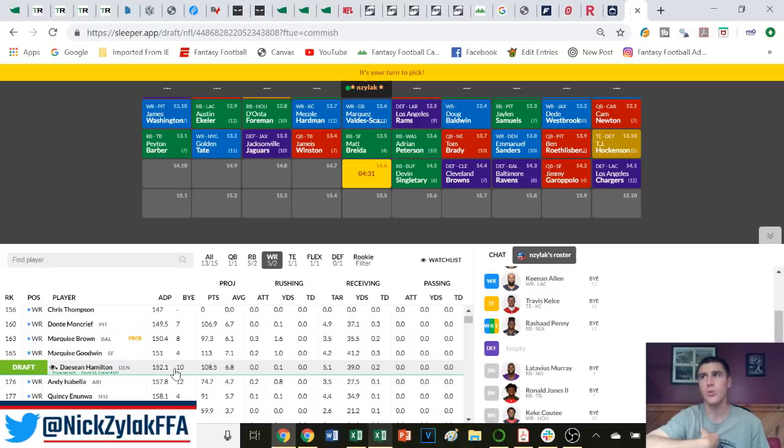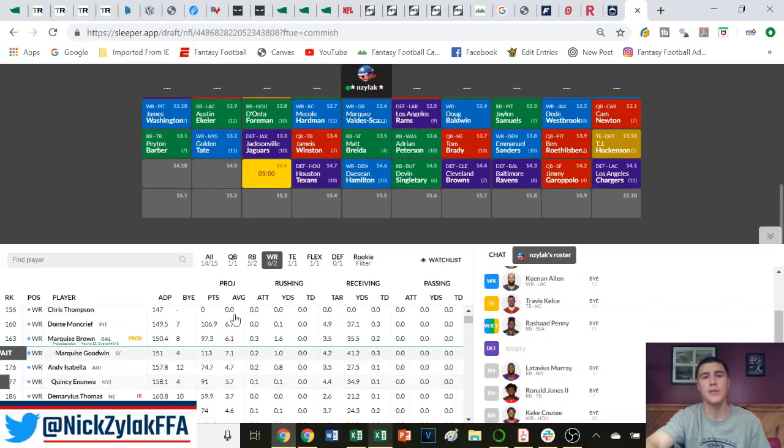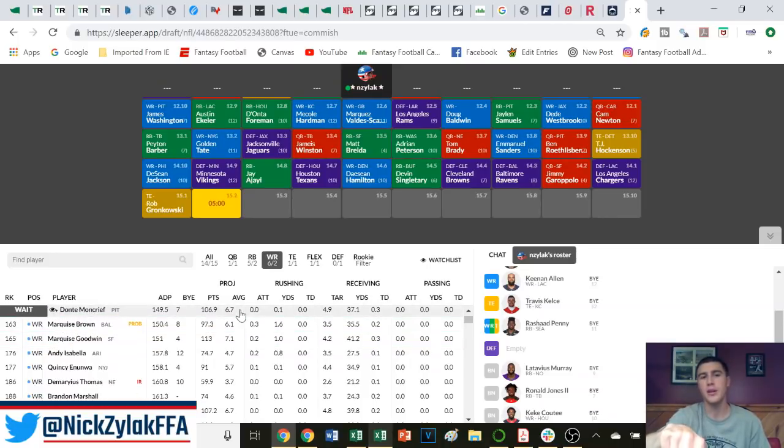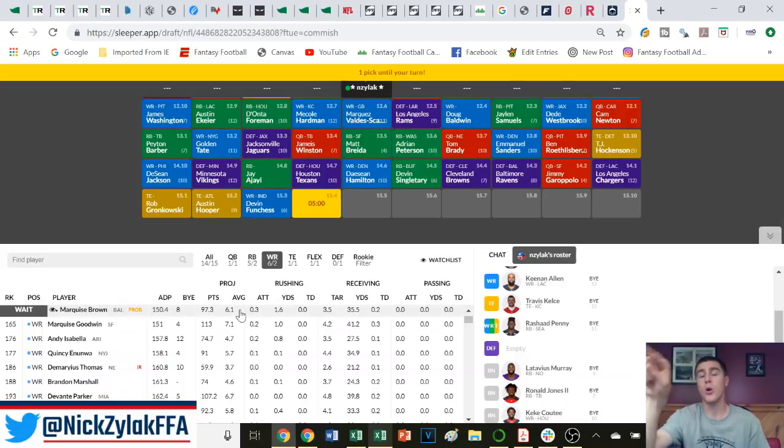Just because we know that Emmanuel Sanders is going to be back. But listen, he's not going to be himself, even if he does show up in week 1. No way he's the old Emmanuel Sanders. So Deshaun Hamilton is going to be worth a 14th round pick. So we'll take him. And the thought experiment was this pick and Luck, or who I could have gotten in the 5th round plus